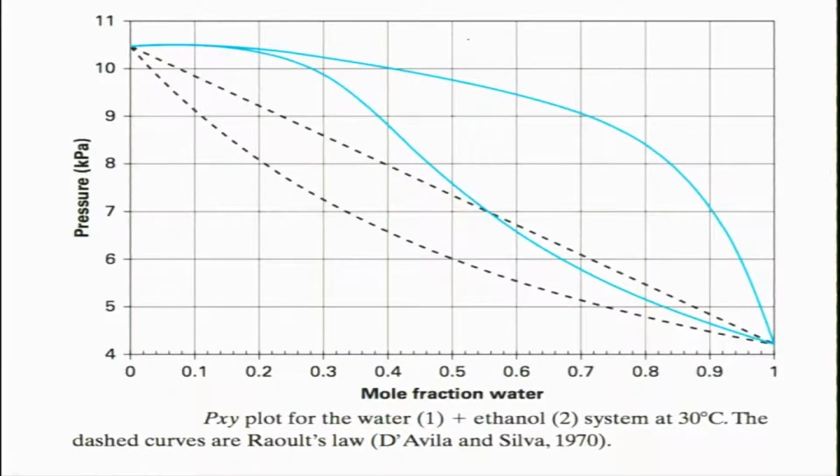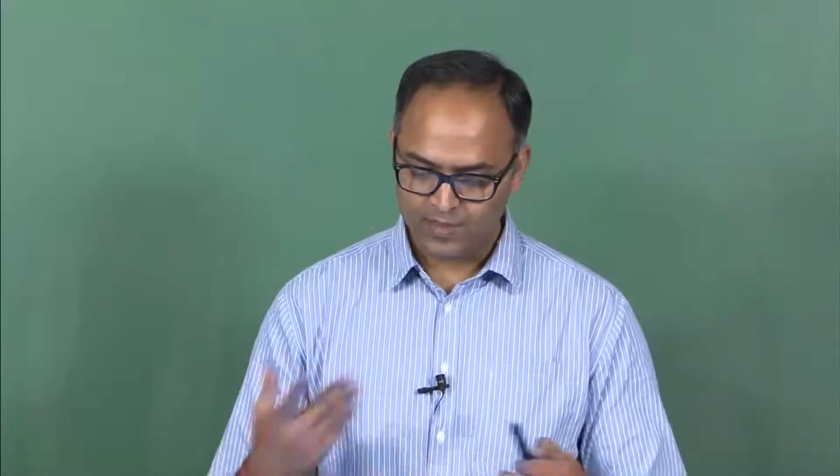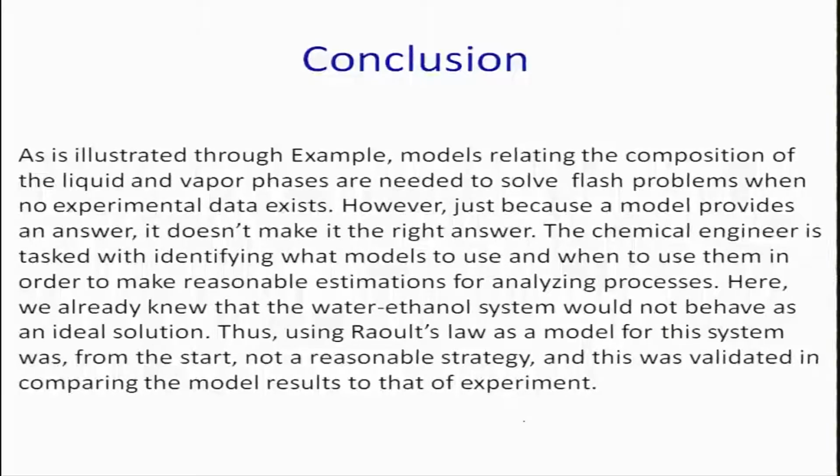Which essentially means that water and ethanol is not a very simple system, it hydrogen bonds also, yet we went ahead and used Raoult's law as a model, which was in fact not appropriate. Knowing this, we should not have used that, and this is an example where we should conclude that